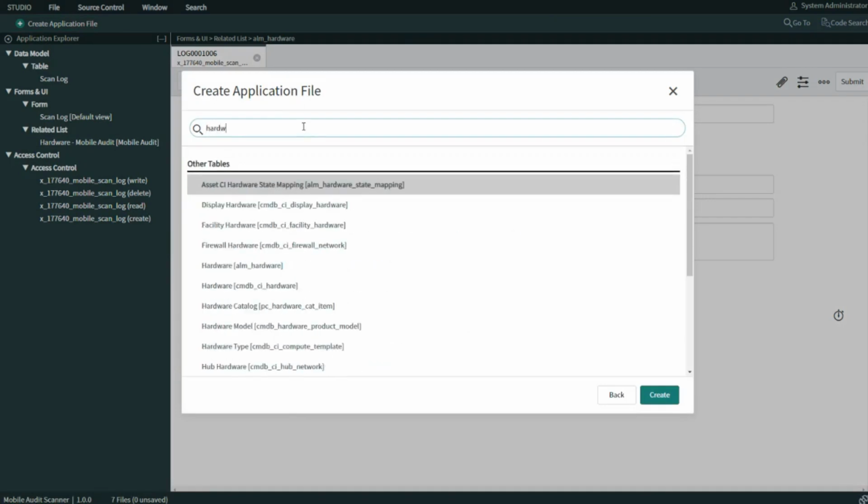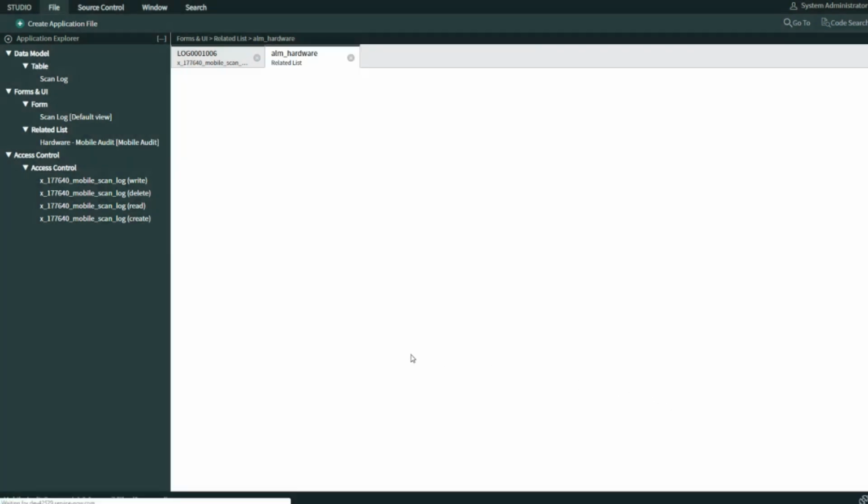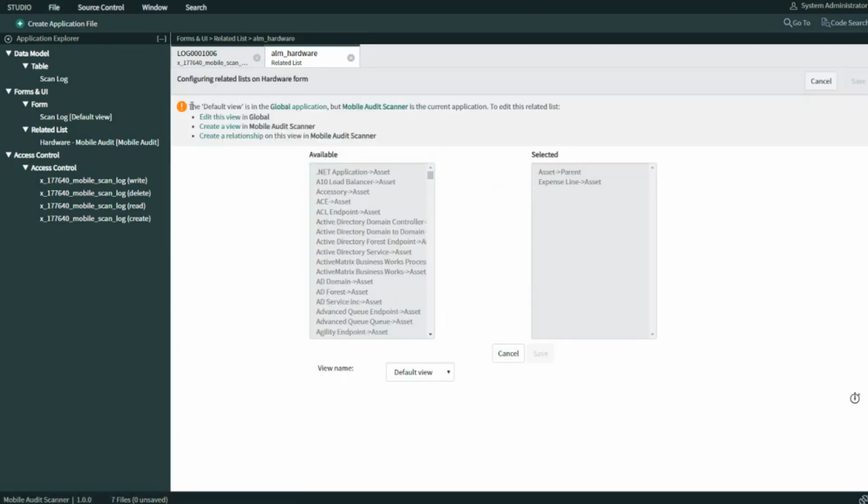We're going to do this through Studio by going to Related Lists, finding the hardware asset table, and you'll notice that it'll prompt us that we have to create this in a view. We cannot make a related list in the global scope since we're in a scoped application. But all we need to do is click on Create a View, go in, make a mobile audit view,